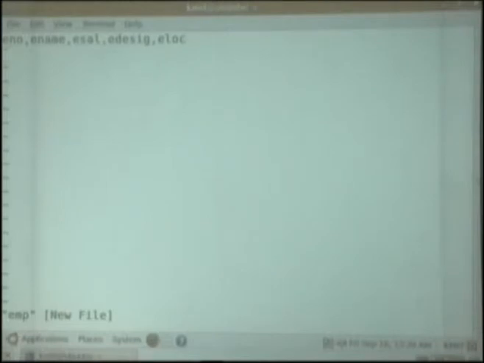For example, employee number is 123, employee name is John, 1 2 3 4 5. Here we want fields with fixed length.